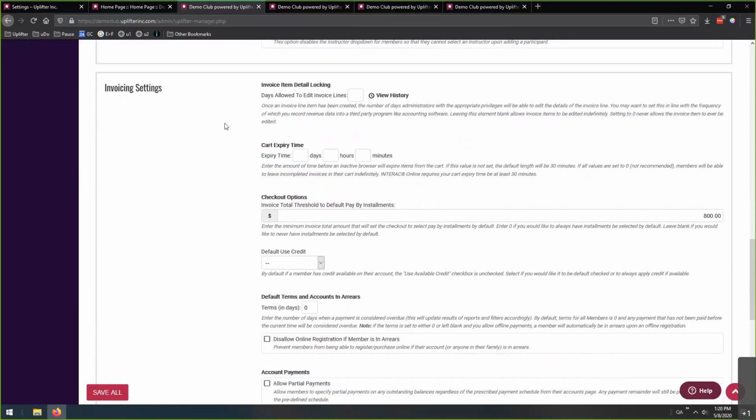Next, we have probably one of the most powerful sections here, the invoice settings section. This allows you to specify invoice item detail locking. For instance, if you are on gold tier or enterprise tier, we highly recommend you opt to use the ledger accounts instead of this. If you're on silver, bronze, or light, then the invoice detail locking feature allows you to essentially